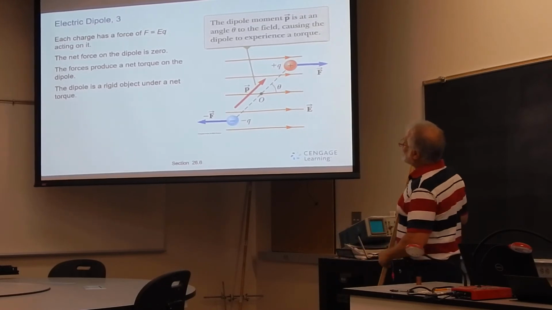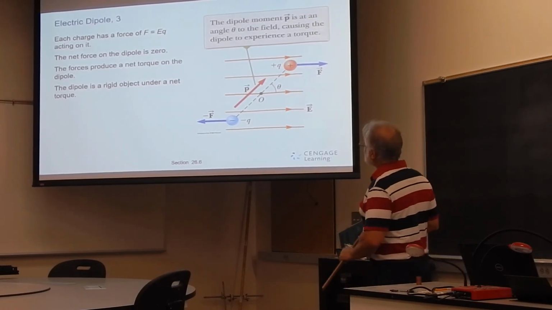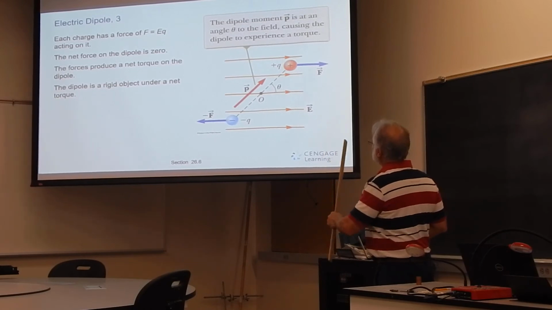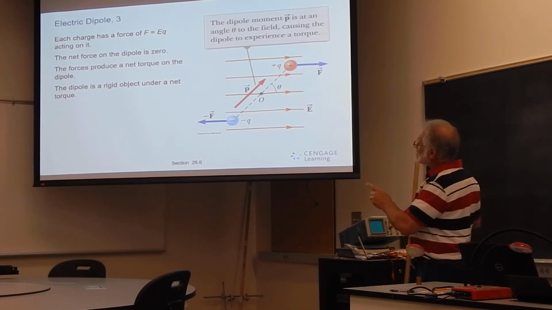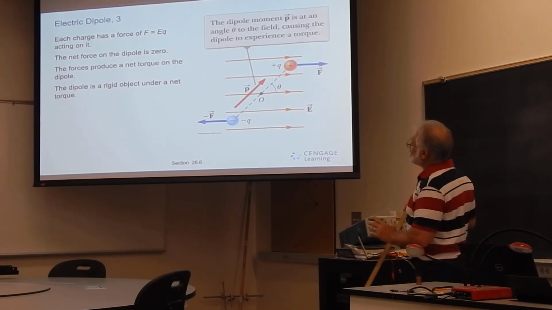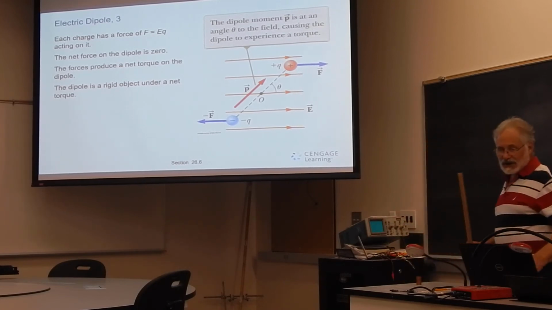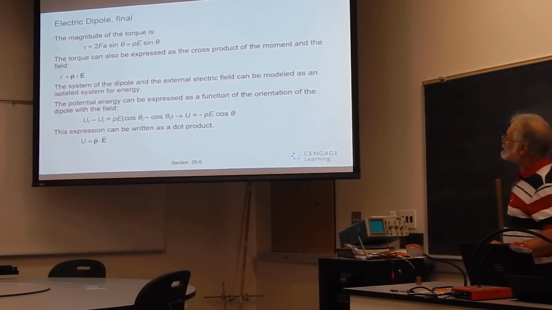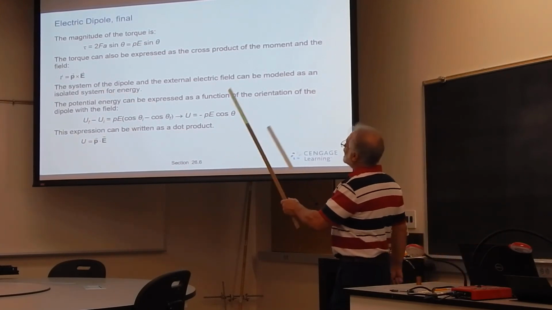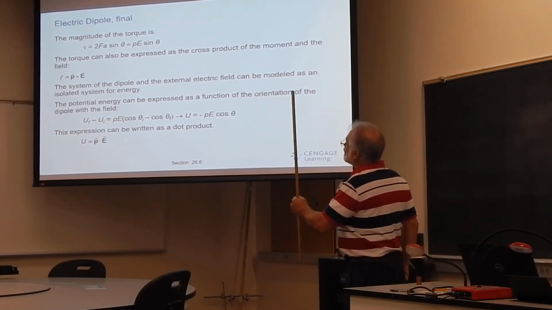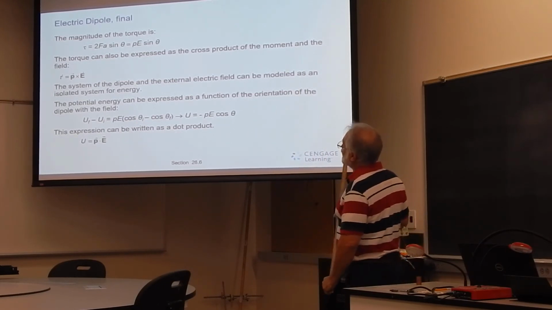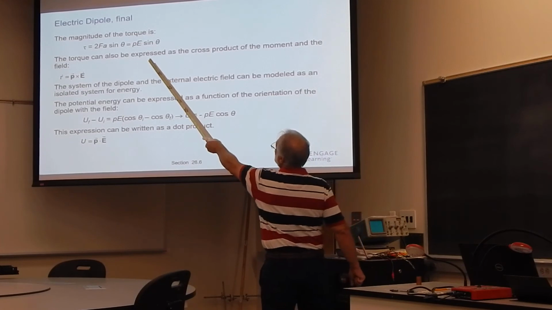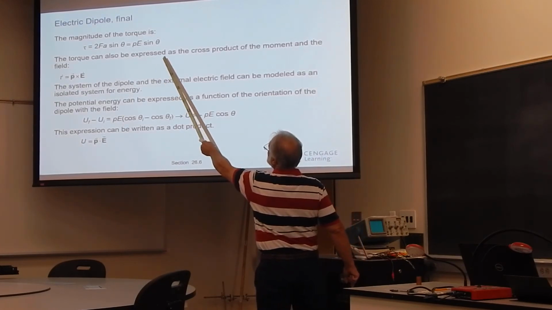What's going to happen is the net force on the dipole, of course, will be 0 because I have a positive charge and a negative charge, so they'll be equal and opposite forces. But those forces will produce a torque. It will cause a rotation of the dipole. We can talk about a torque equal to the force times the moment arm, or in this case, the dipole moment times the electric field times